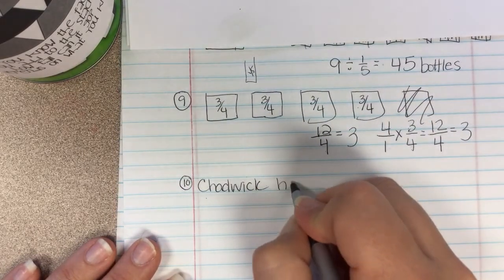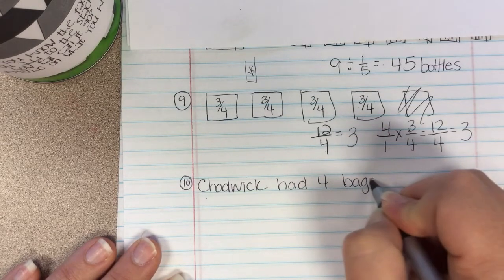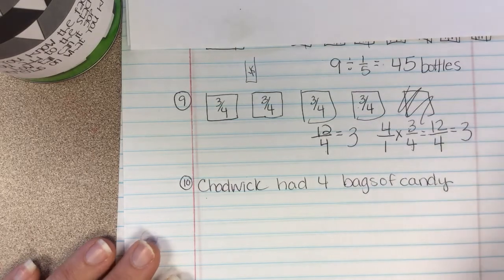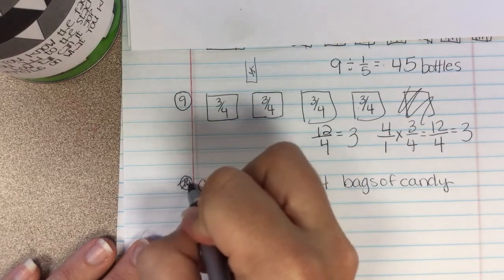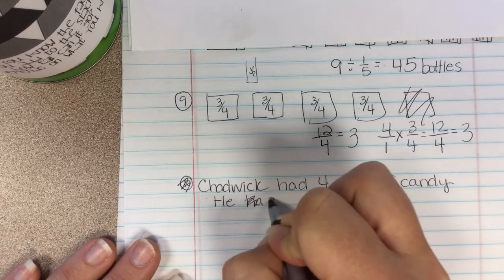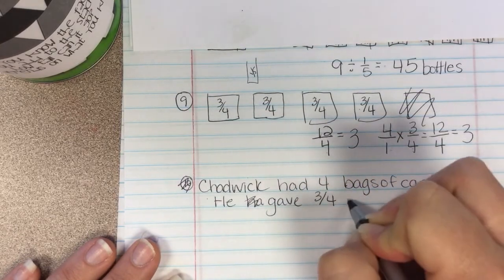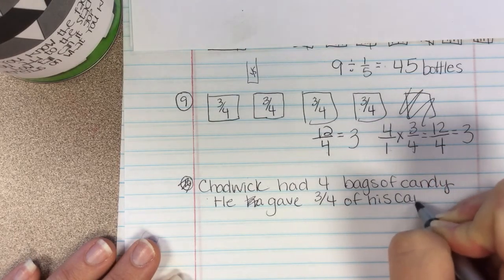So Chadwick had 4 bags of candy. I want to multiply that. Oops, this isn't problem number 2. He gave 3/4 of his candy